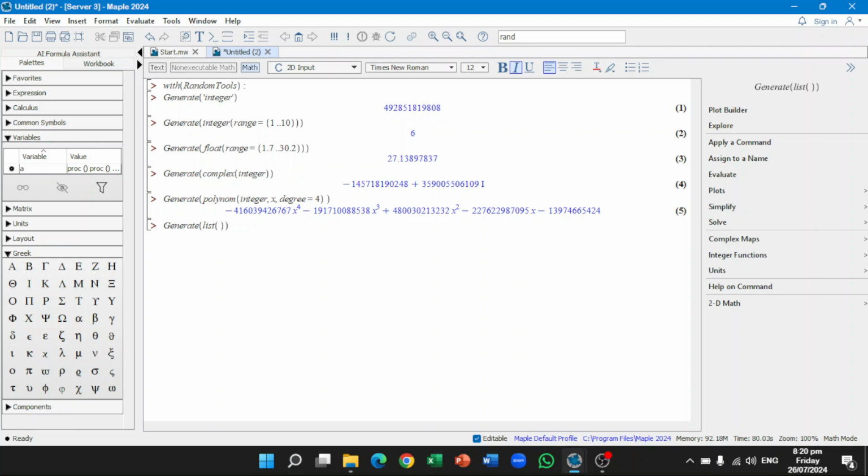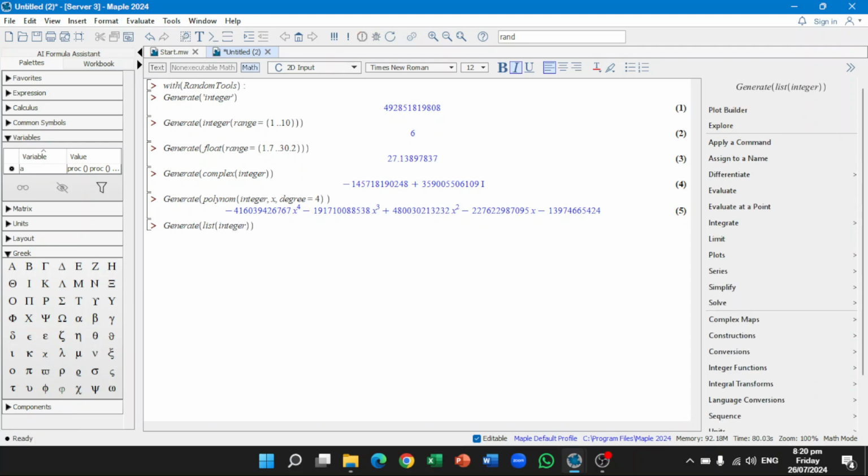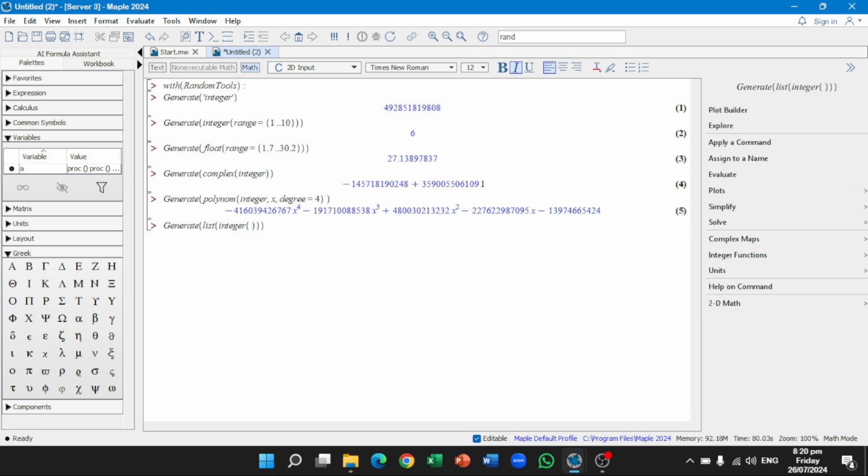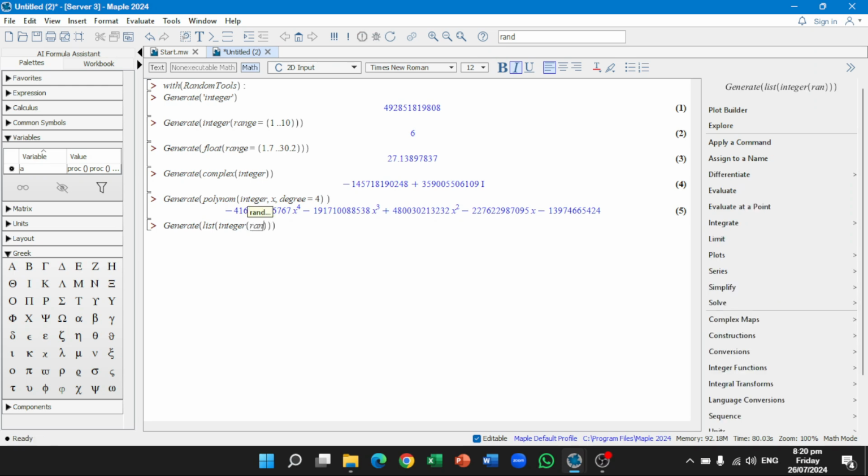It can be a list of polynomials, of complex numbers, floating points, integers, or it could be a list of matrices, vectors, and so on. For the time being, we'll be using integer, and specify the range of our integers, that is range equals 20 to 30 this time. Now if I press enter,